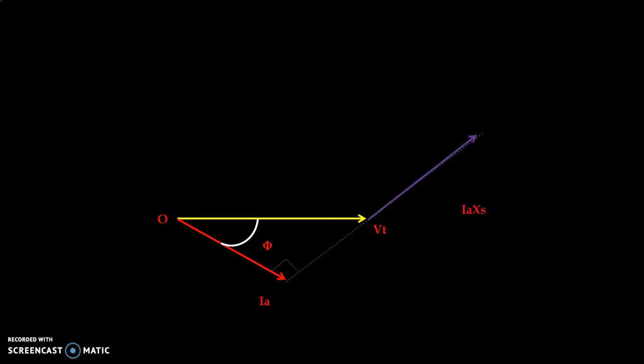and then we have a drop that is known as IAXS. Now in this case, IA is not resolved into two components, ID or IQ, because direct axis component ID, that is equal to IA. So voltage drop IAXS, and then we have no load EMF, that is EO. So we have delta, that is power angle, voltage angle between terminal voltage and no load EMF. So XS, that is synchronous reactance, and that is equal to XD, that is our direct axis reactance.